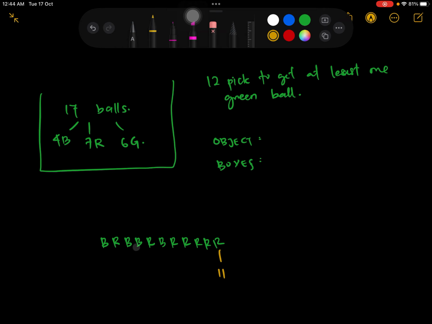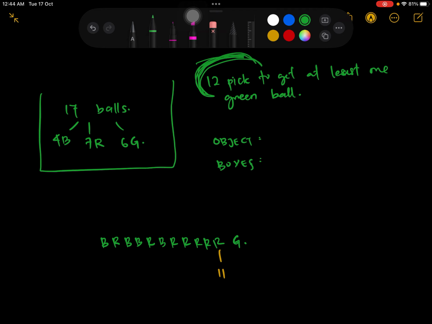Kan biru dah keluar habis dah ni. Merah pun dah keluar habis dah. So of course, ball number 12, okay, the 12th pick would be the green coloured ball. Sebab tu dia kata, you must pick at least 12. There has to be at least 12 picks to ensure or to guarantee that you will get at least one